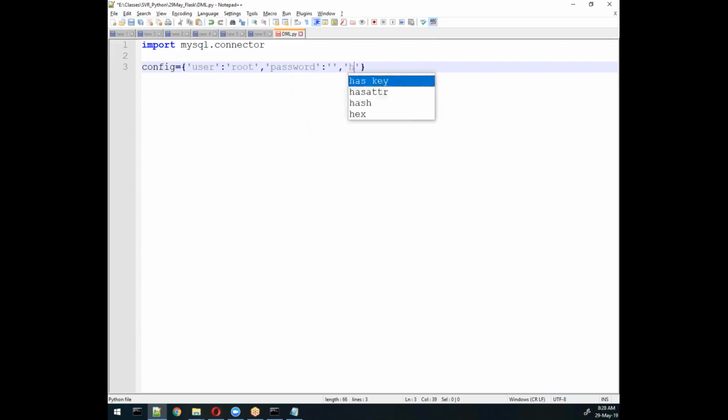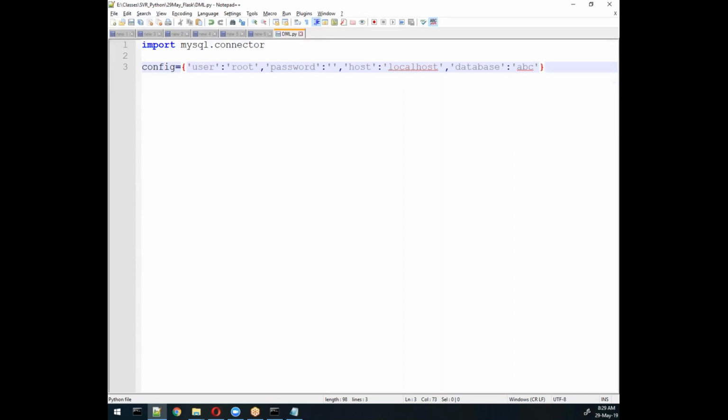Later we will focus on other things. Okay, here host, and here I will specify my host, so I'll write localhost here, and then comma, single quotation, database. You can specify here the value of database. Suppose my database is ABC, which we created last time, so I'll follow that one only, ABC.